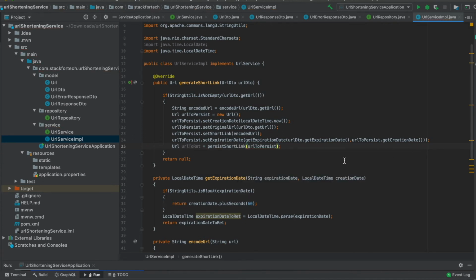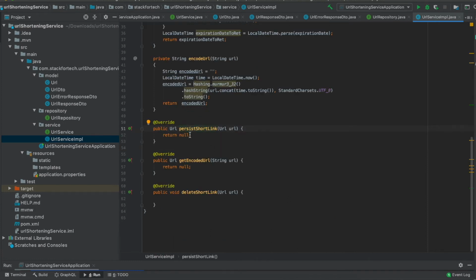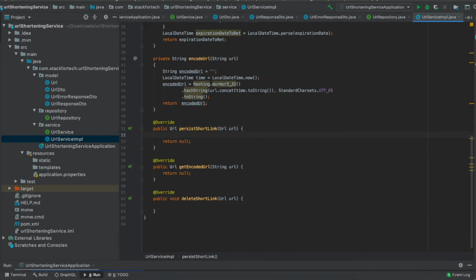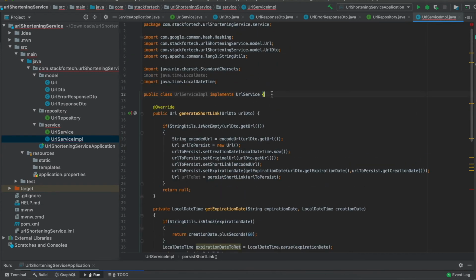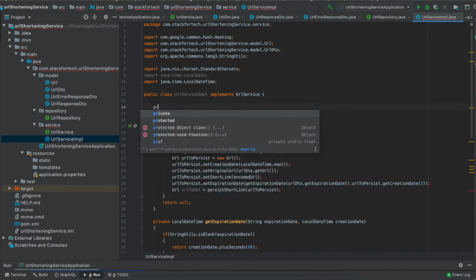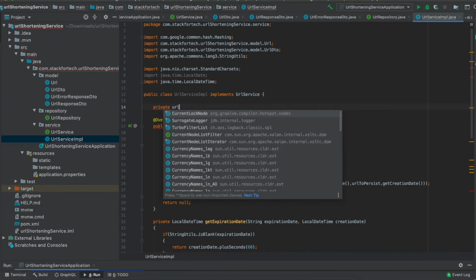Okay, so now let's go ahead and create this method. So this will be simply saving it into a database, right? URL to return equals to, right, we have to create our repository in here. So let me go ahead and create our URL repository, right?